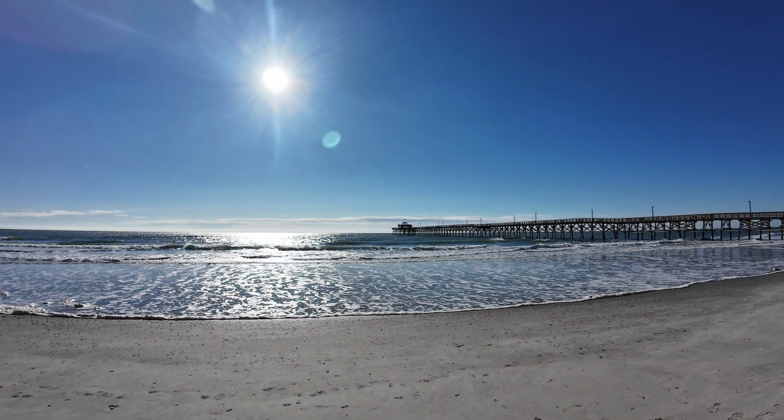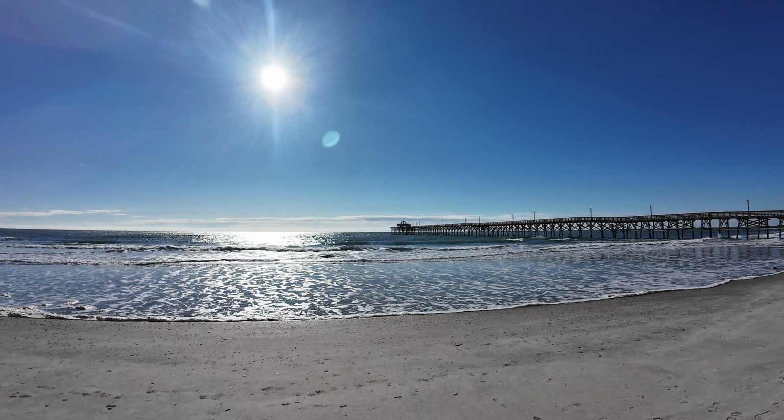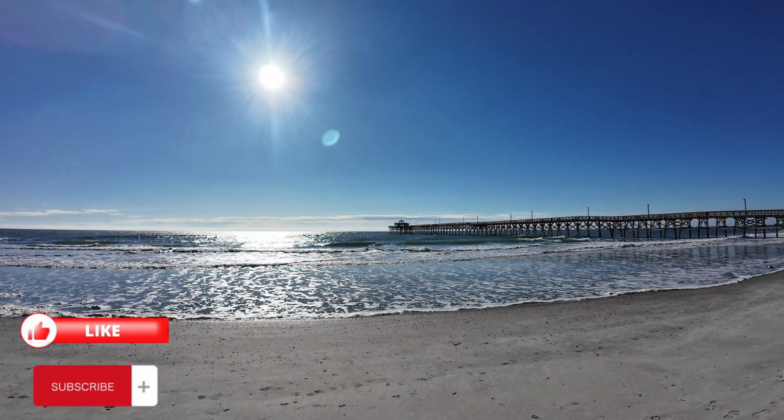pier looks great, so definitely come back out and check it out and do a little fishing when it warms